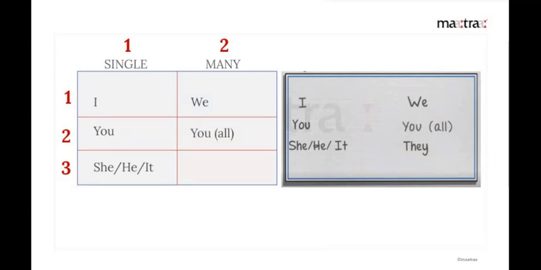Second person plural is आप सब, you all. This is what fits into this column. And the third one, or third person plural, is they, वह सब, right? So they all. Now, if you remember this grid of singular, plural, and first person, second person, and third person,